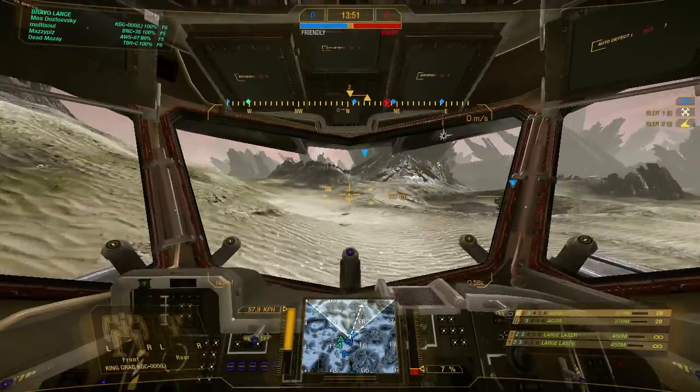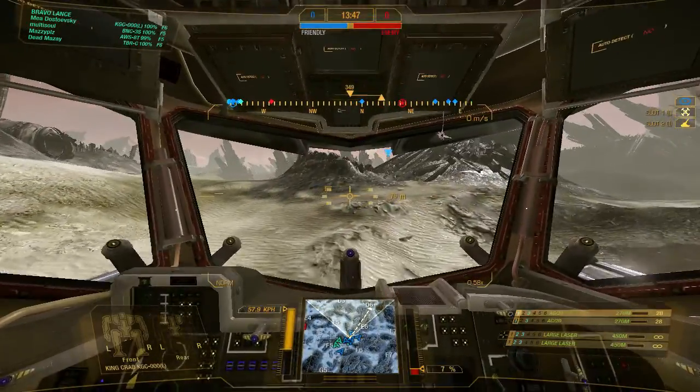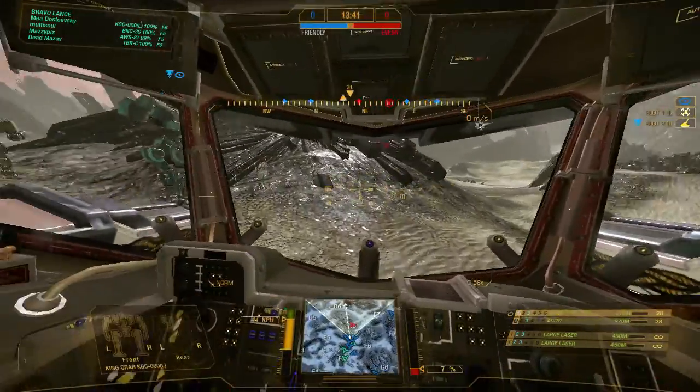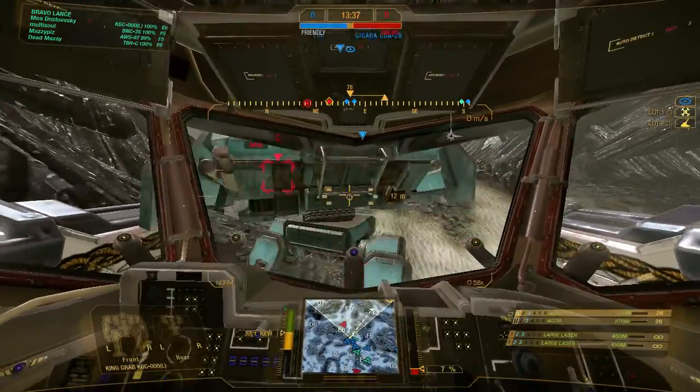So they're using your weapon door toggle. You can actually use your arms to shield, which is a huge advantage to have, because not only are you using your side torsos to shield, but you're using your